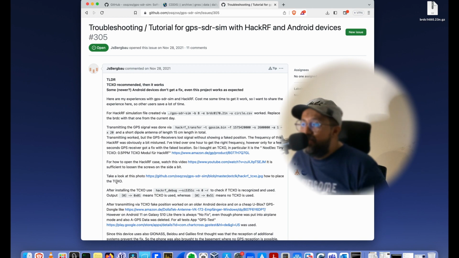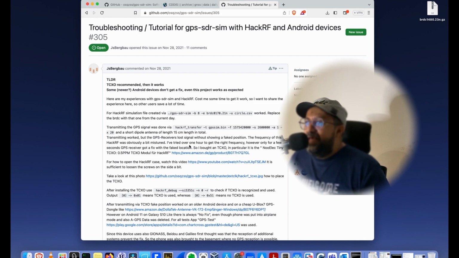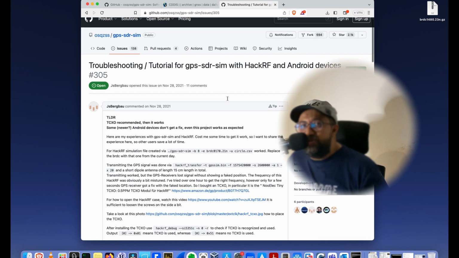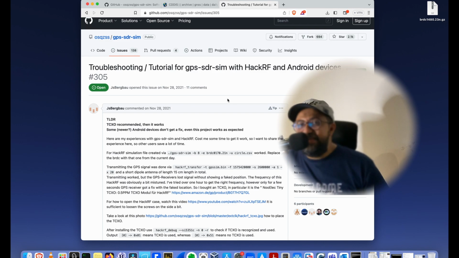You can check the TCXO clock from Nooelec or from other brands. I suggest you go to this issue and read it thoroughly, to see what happened and how to troubleshoot. In mine, I'm not using Android, I'm using the GPS antenna directly.